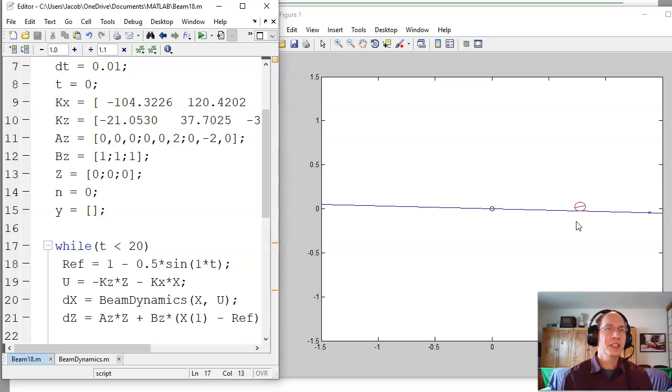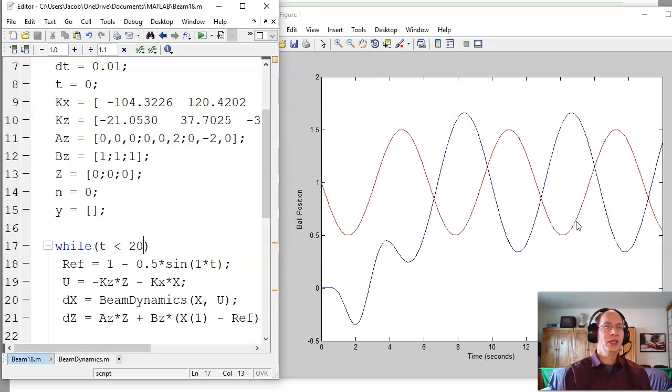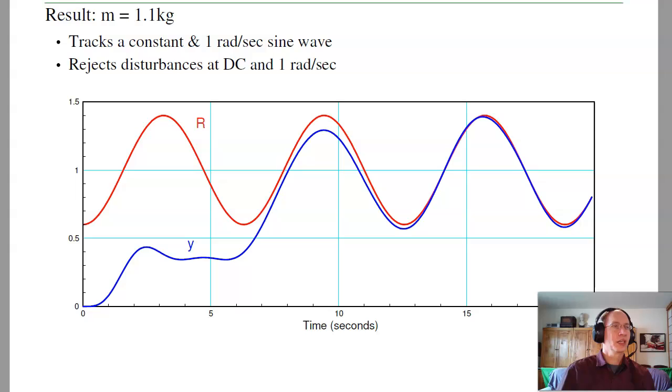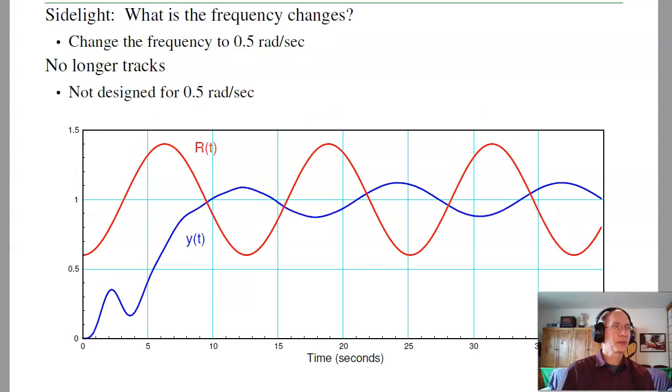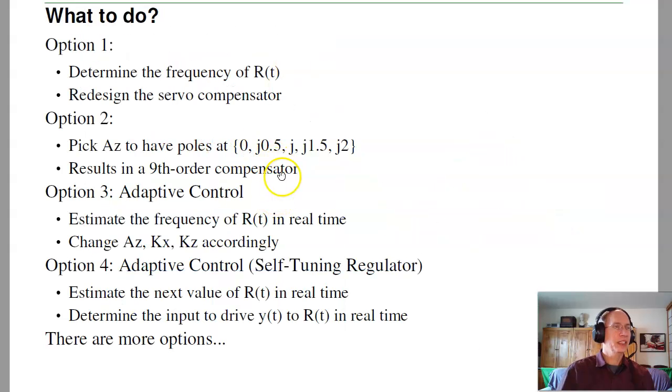If you design it for a certain frequency, it'll work great at that frequency. If you got the frequency wrong, you've got a couple of choices. One, I can scrap the old design, change the frequency of the servo compensator, make it 1 radian per second, and now it'll work at 1, but then it won't work anymore at 2. Another option